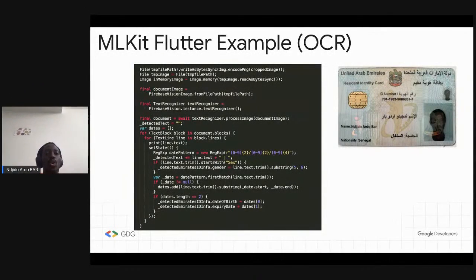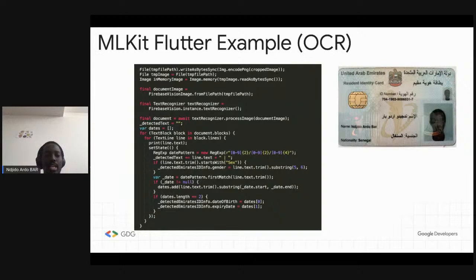I would like to go through an example. So sorry guys, this is some code. It's in Dart. This is the first example of using MLKit in Flutter. So what you see here on the right-hand side is my Emirates NBD card. If you're living in UAE, my business is in Dubai. I'm living in Dubai, and one of our partners